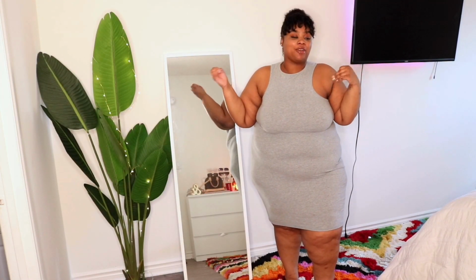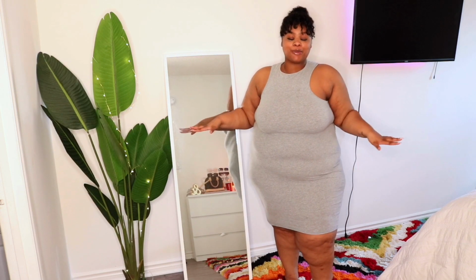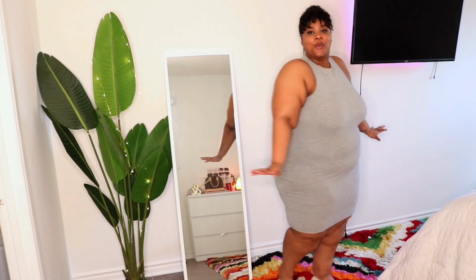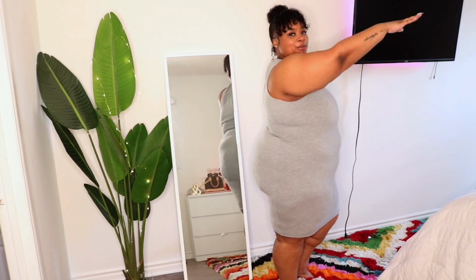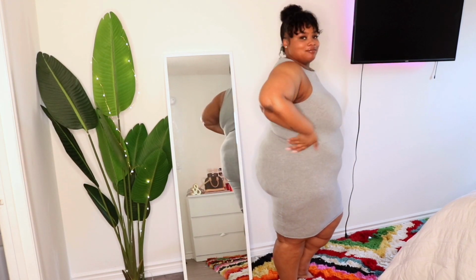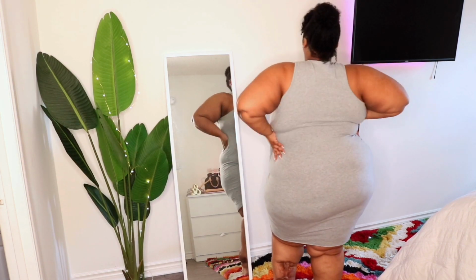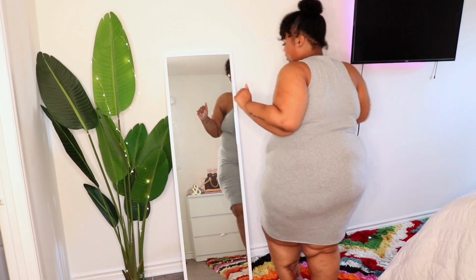Okay, so if you've been watching me for a while, you know that before every shapewear video, I do a before and after. So I'm gonna give you my before right now. I tried to wear something real fitted and tight for y'all so y'all could see what's going on here. We've been in quarantine, things been getting a little wild, but it's all good, whatever, we love it. Anyway, from the side,